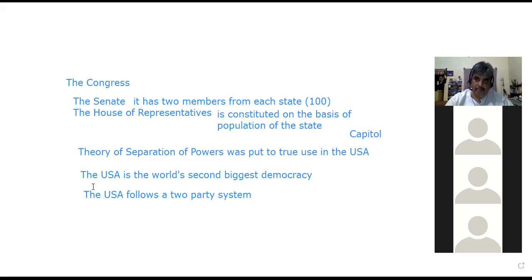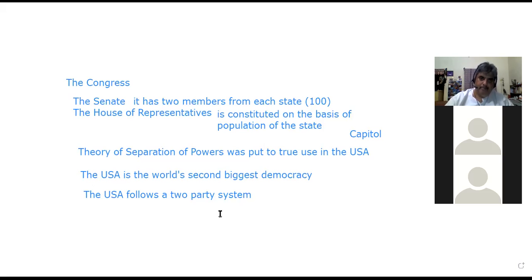All the judges to the Supreme Court of America and various other courts, various other Supreme Courts of different states, all of these judges are appointed by the president. So you can say